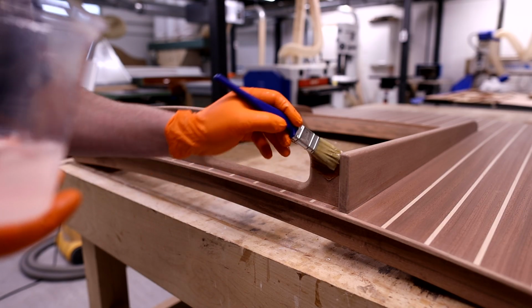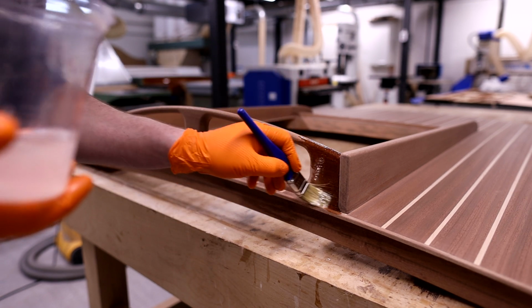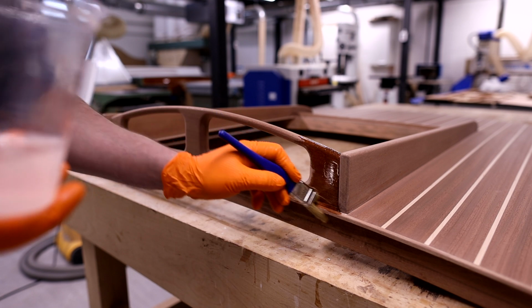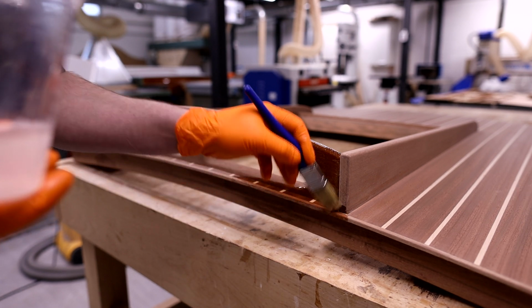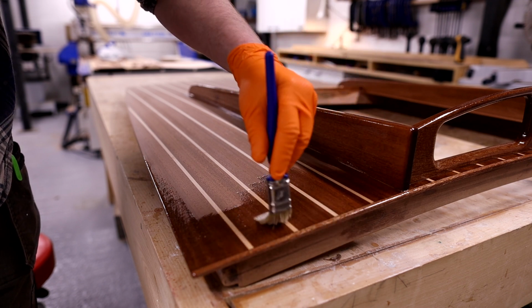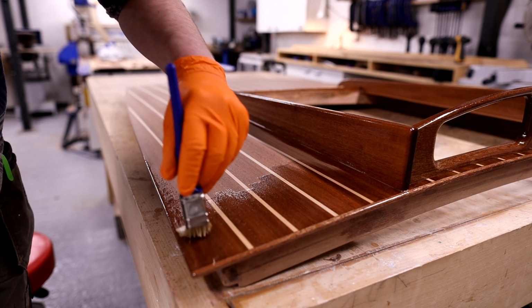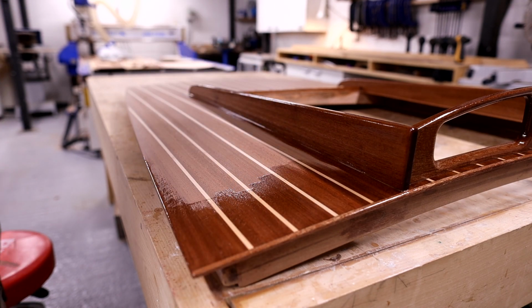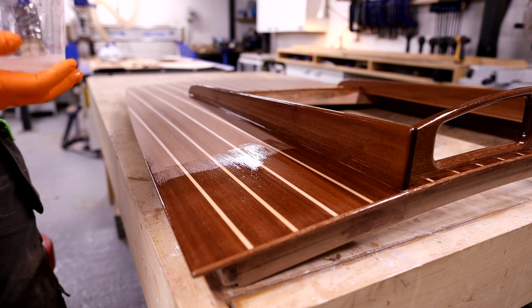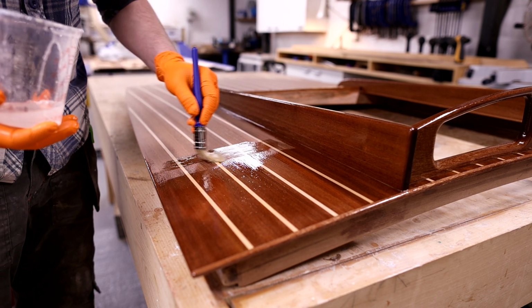So I always apply the first coat with a brush. Just allows me to really work that into the surface and make sure that I'm fully coating every face that I need to get to, particularly on an item that is a little bit detailed such as this one. So you want to make sure that you're brushing that in a couple of different directions, get it really nicely worked into the wood grain, and then finish it up with a tipping pass in the direction of the wood grain. That's just going to start to burst some of those bubbles that you get from the off-gassing process of